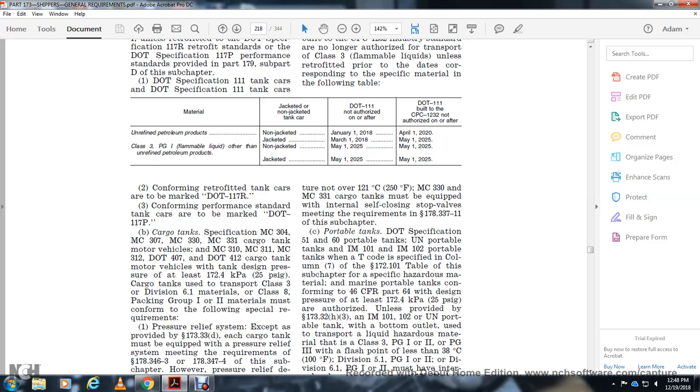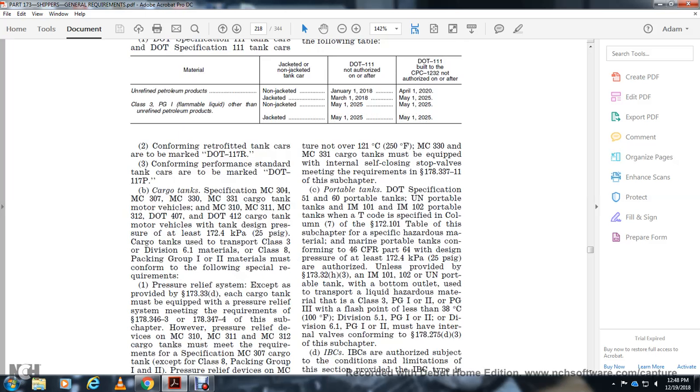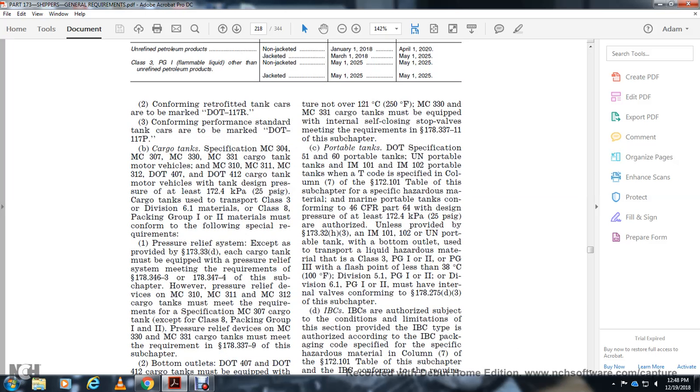Cargo tank specification MC 304, 307, 308, 330, 331 cargo tank of the motor vehicle with the 310, 311 and 312 with the 407 and 412 cargo tank of the motor vehicle with the tank design pressure at least 25 psi gauge with the cargo tank of the transport with the class 3, division 6.1 material with the class 8 with the packaging group 1 and 2 material conform with the following special requirements of pressure relief device except for the